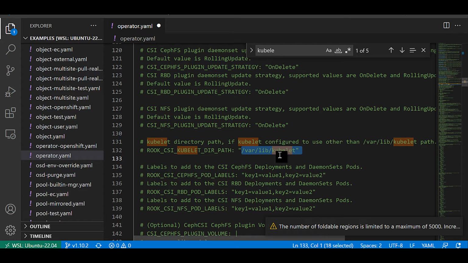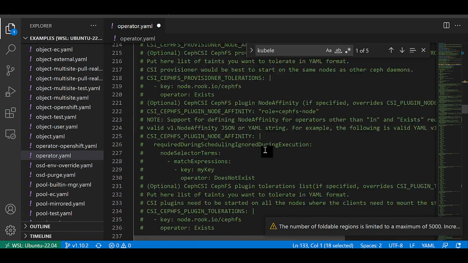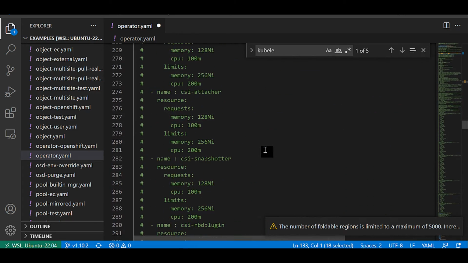Suppose we are using K3s or K0s distributions, this path may be different. For example, in K0s the path is /var/lib/k0s/kubelet. In that case we need to change the path. If it's the default path, no need to enable it. By default they search that location only. I think that's important.